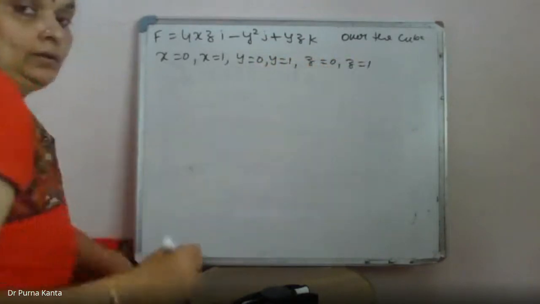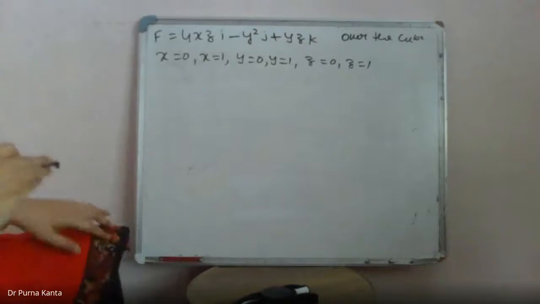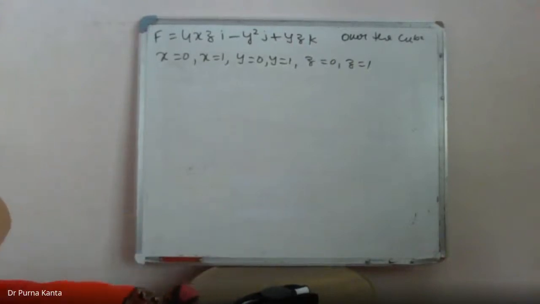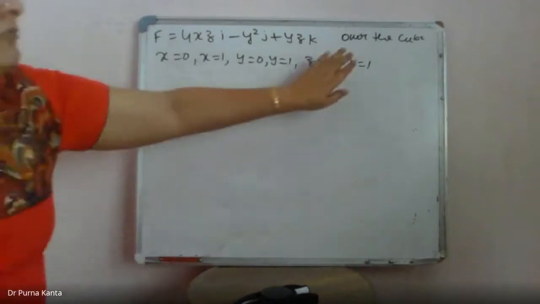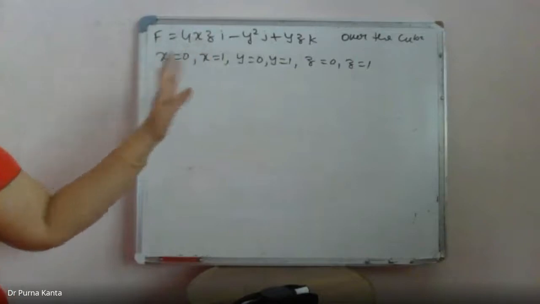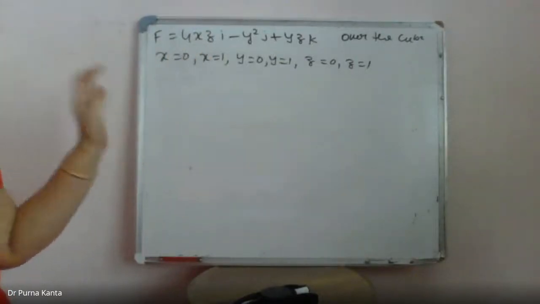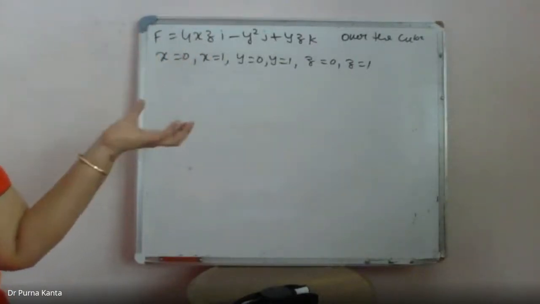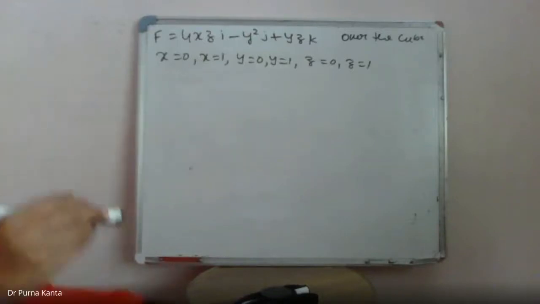As I've already told you, in the case of Gauss divergence we need a closed surface. That is why the complete cube is given. What is the difference between the Stokes theorem and Gauss divergence theorem here? In the case of Stokes theorem, one side is removed. We consider only the 5 sides because we need only an open surface. But in the case of Gauss divergence, we need a closed surface, so all the 6 sides are considered here.